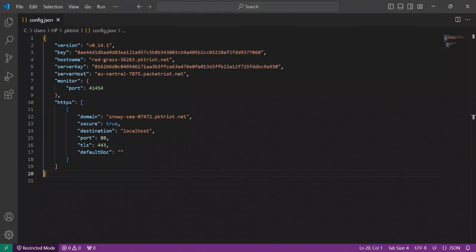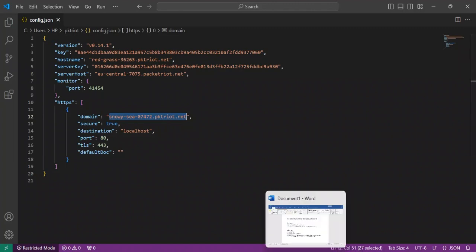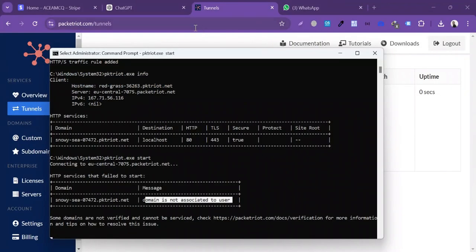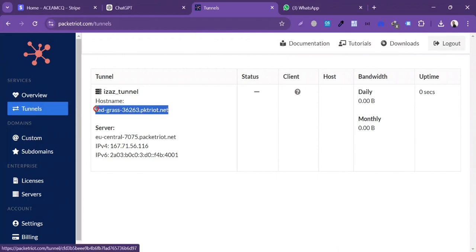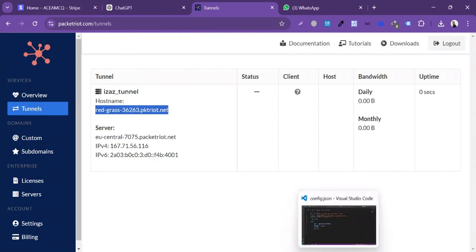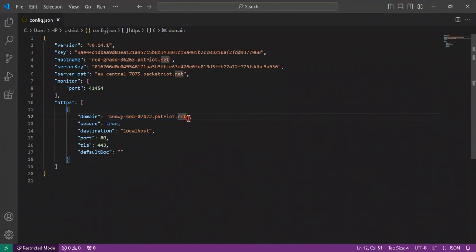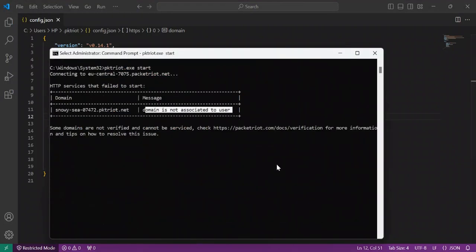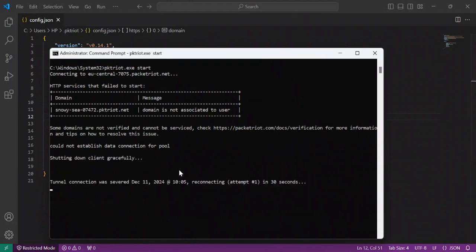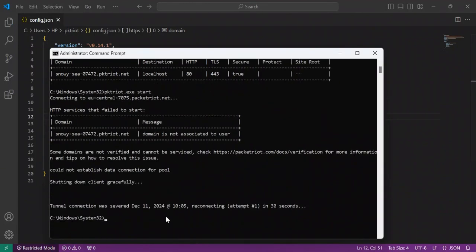Okay, so now we will change the name inside the config.json file, and we will change this domain. So I'm gonna copy the domain from the Packetriot. So I'm gonna copy this host name and paste inside the config.json domain. So control S. Now I'm gonna save this file, and then I'm gonna press control C to go back to the command. So again control C. Okay, now two times control C,